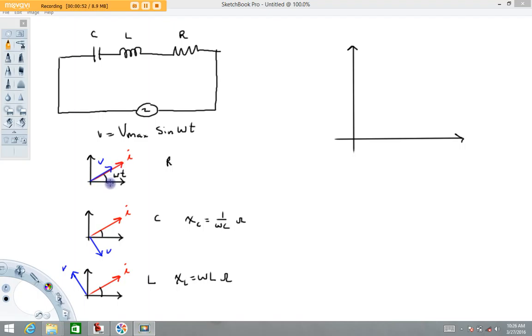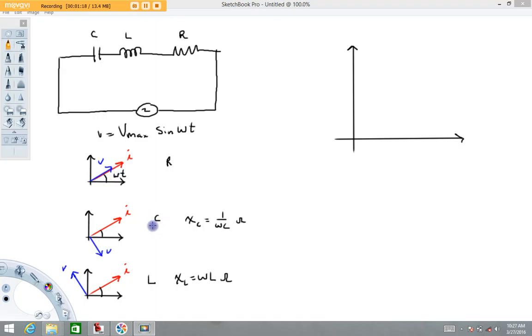So here's the angle omega t. The voltage phasor and the current phasor are in phase. In this picture, I drew the voltage shorter. Again, remember, voltage and current are completely separate things. It doesn't even make sense to compare them. It doesn't make sense to say 10 amps is more than 6 volts or something, but I had to draw them different lengths to distinguish between them here.